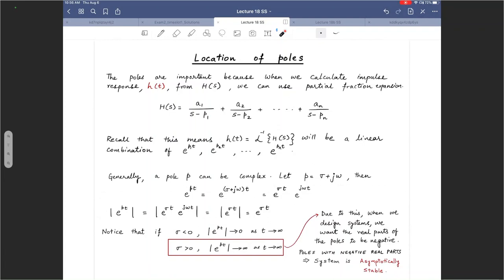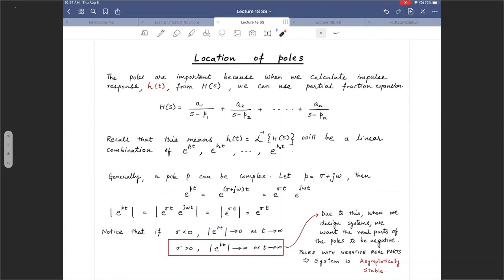Now let's come to the most important slide of today, the location of poles. If you know where the poles lie, you know about the stability behavior of a system, whether you are going to have a stable system or an unstable system, or maybe a marginally stable system. So let's talk about why location of the poles matters so much. So start with our